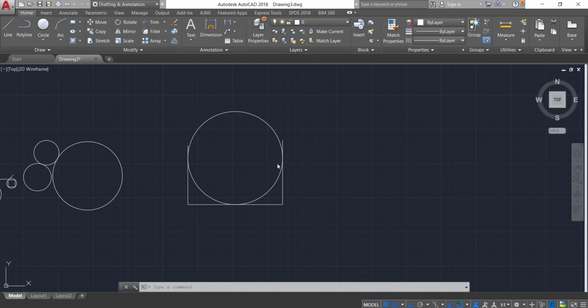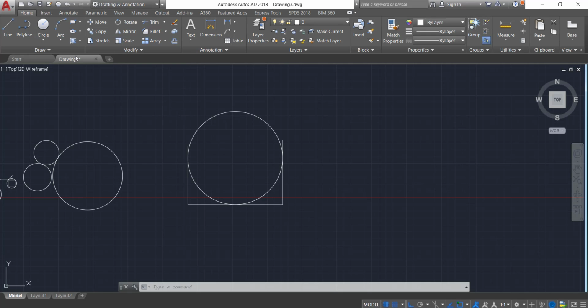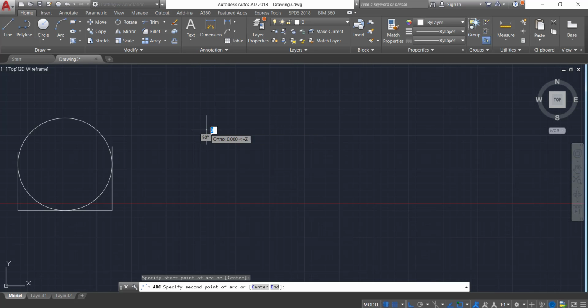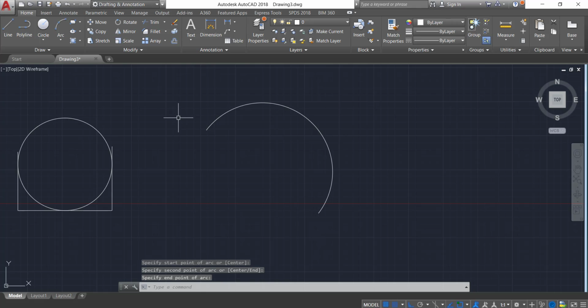Now let's see our next command, that is arc. If you click on the arc, you can see around 14 options are available to create an arc. So we will see one by one. First select the 3-point arc. Now to draw any 3-point arc, first specify the start point, then your second point. Consider your second point is around 700 mm far from the first one, and select the third point. Okay, so this is how you can create your arc with the help of the 3-point arc option.